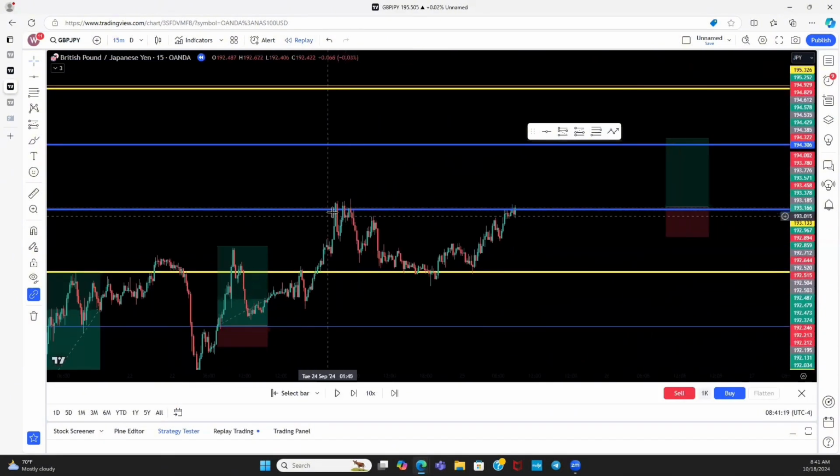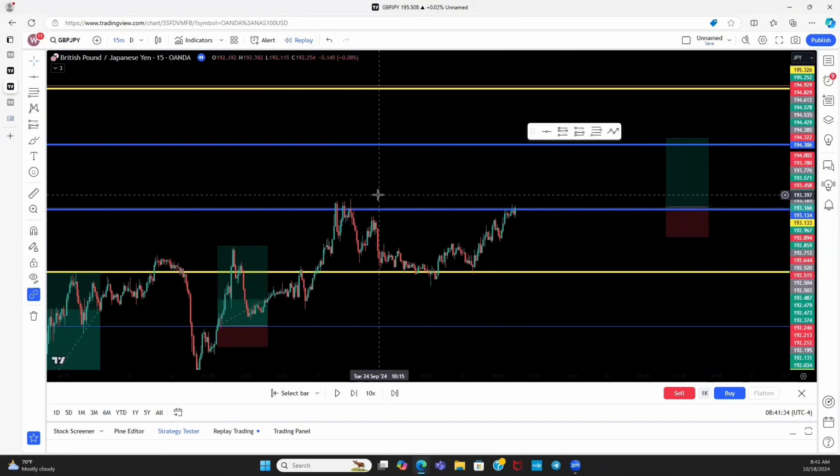So we see here that price, every time it was coming to this supply or trying to become a demand zone, it kept on rejecting. So this is why I tell the members and students all the time, it's important where the candlestick goes, but it's more important where that candlestick closes.